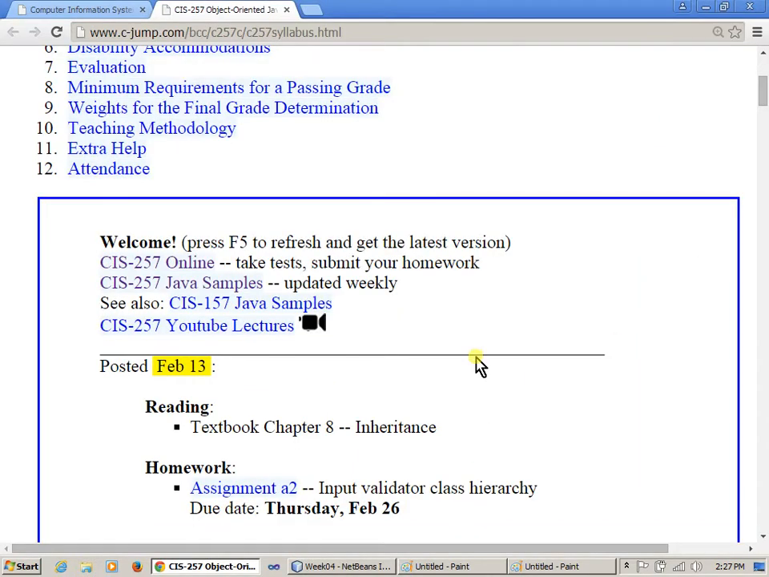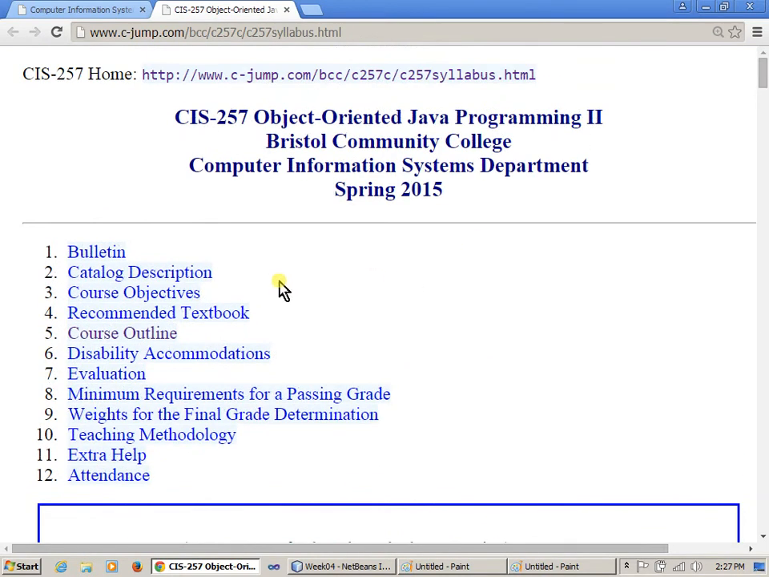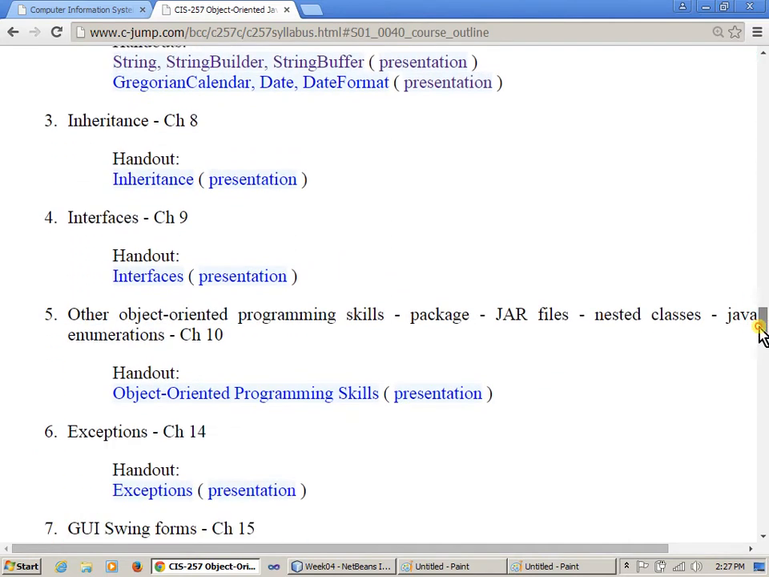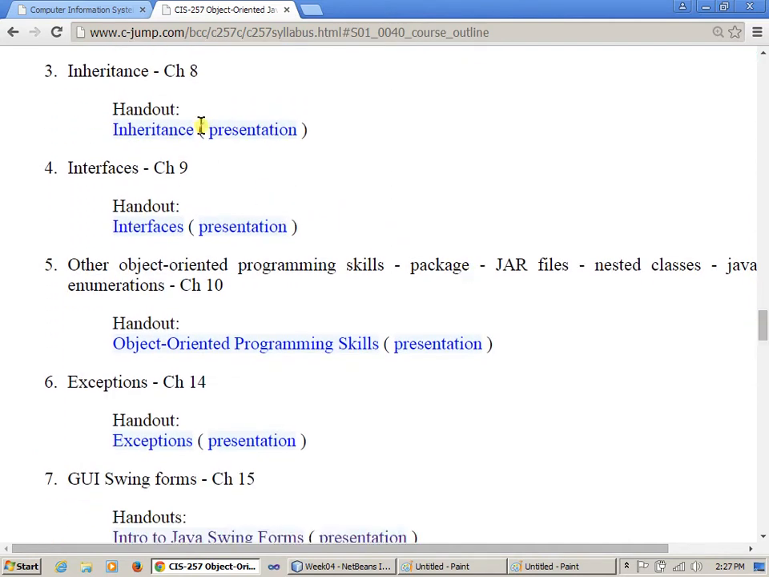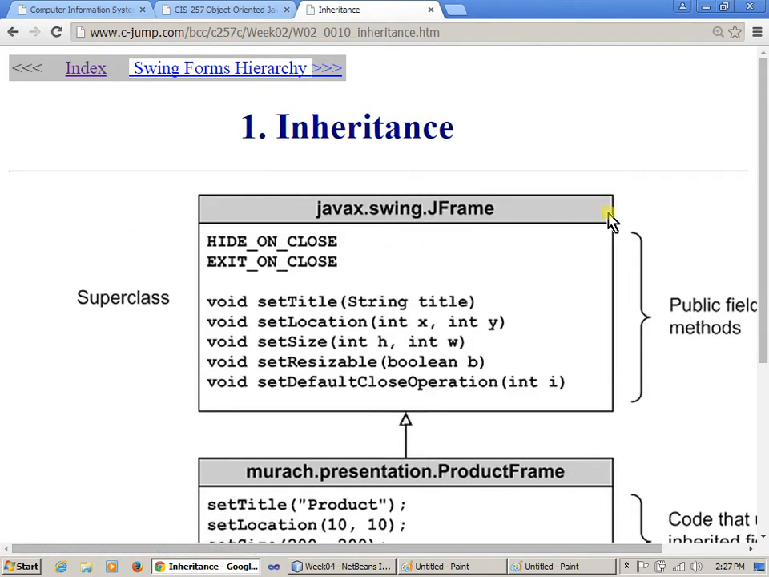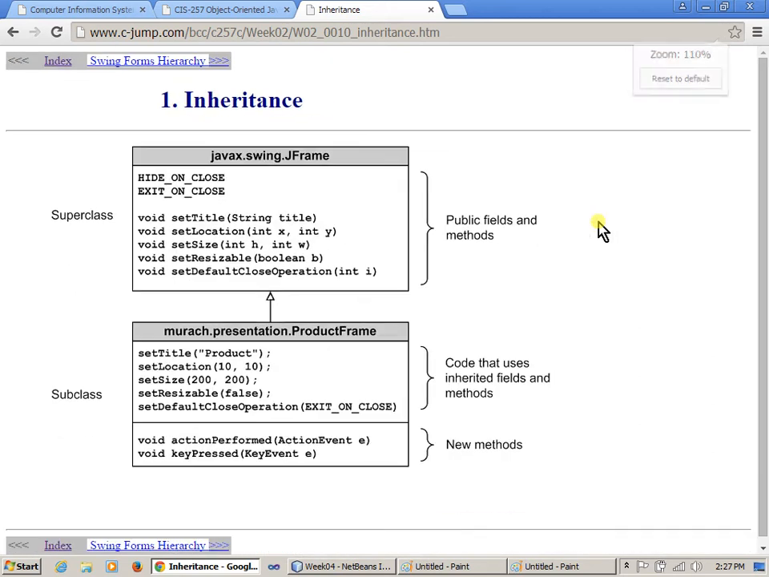But let's now switch to, if we navigate to our outline, our official presentation on inheritance, which is, by the way, chapter 8 in the book. So if we go to this presentation, this is a presentation on inheritance. So let's just visit topics of this inheritance presentation, and we begin with